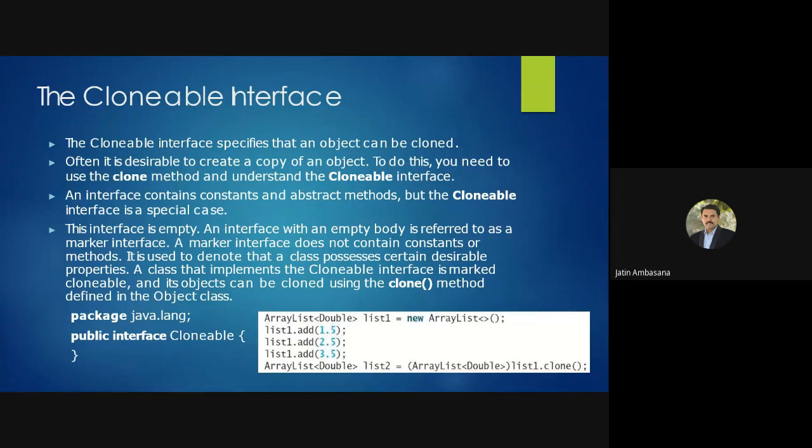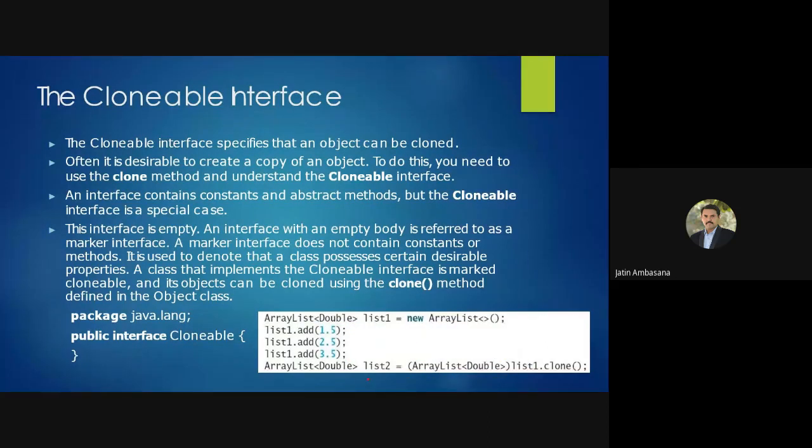Check this out. This is a ready-made clone method that we are using. We are declaring an ArrayList of Double type. We say new ArrayList, we add three double values, and then we generate a second list out of it by simply saying list.clone, cast it into an ArrayList of Double type, and that's it.